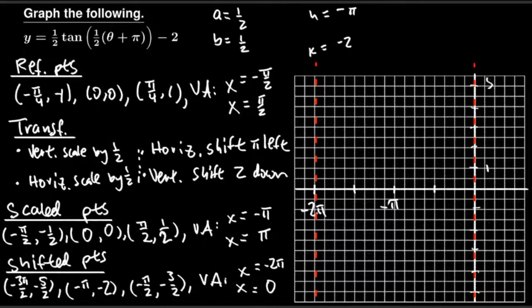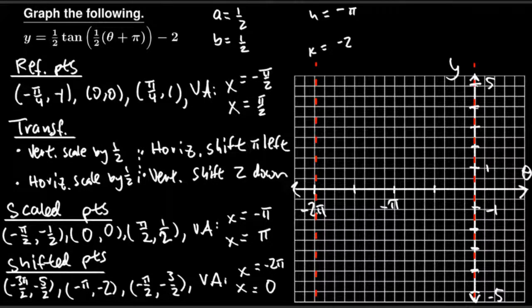Okay, so 1 through 5. Negative 1 to negative 5. Okay, so anyway. So that'll be theta axis, y axis. Cool. So let's just plot those points real quick so that we can